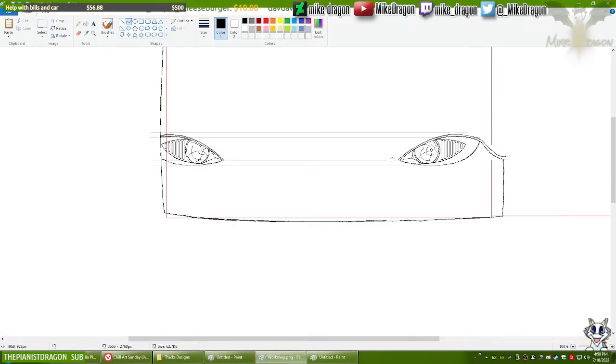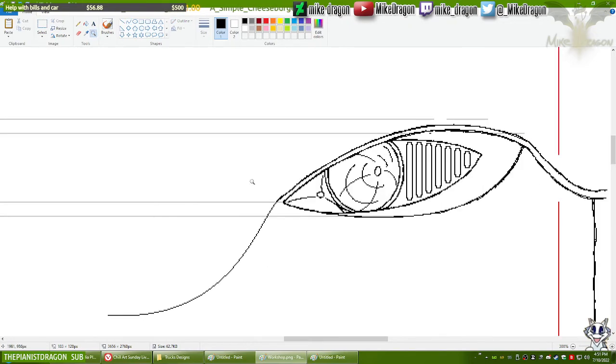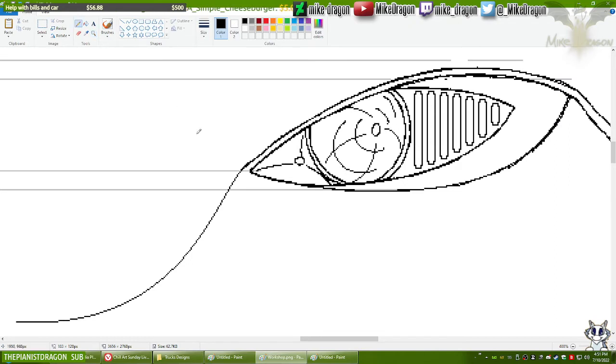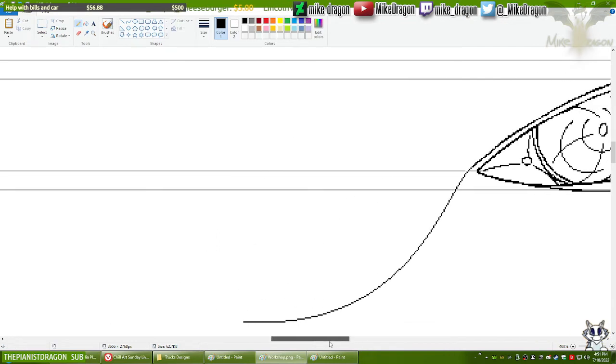Right. You gotta get the curve just right. Huh?